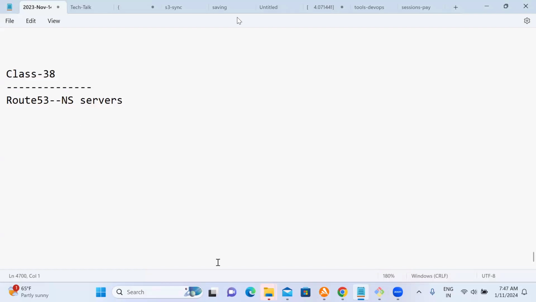And we have created a record set. We have assigned our ALB record set, and we have tested with A records, alias records and other things. So we registered the name on that domain with the